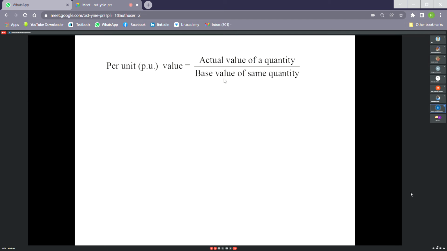Otherwise, we are converting only for calculation purposes to some platform, and that would disturb the basic behavior of the power system. That does not happen, because this per unit calculation is required only for our ease of computation, not for the operation of the power system. Power system operation will not depend on per unit values. It will depend on the actual values. But we calculate per unit values so that we can calculate these very easily. For that reason,